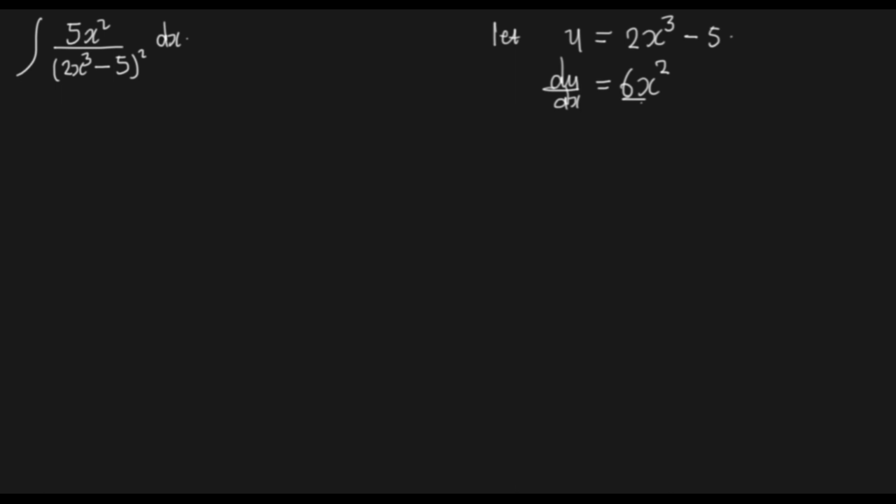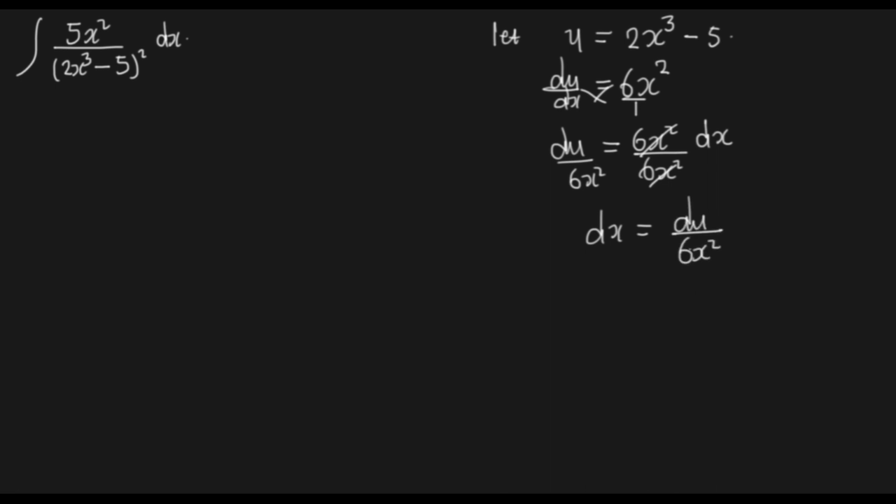Then we can now isolate dx, so we cross multiply. So du times 1, we have du is equal to 6x squared dx. Then we divide, so we can cancel, and we get dx is equal to du over 6x squared. The importance of the first part is that we are trying to make dx the one that we are going to substitute here. So after we are done with making dx the subject of the formula, we can now replace the